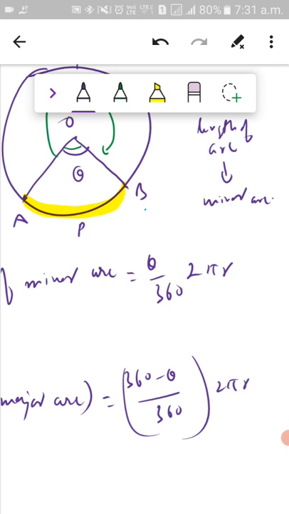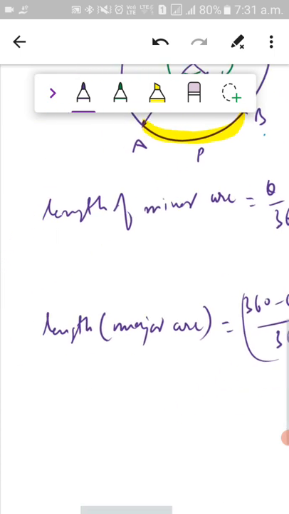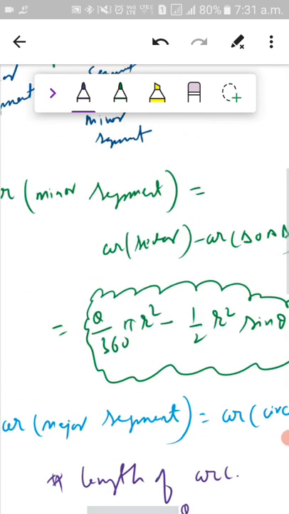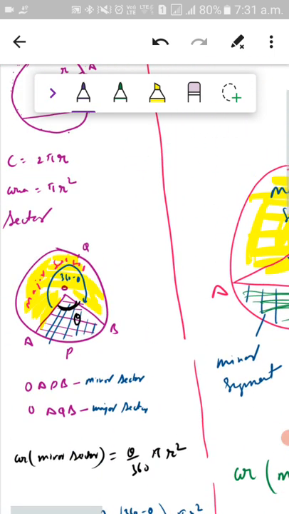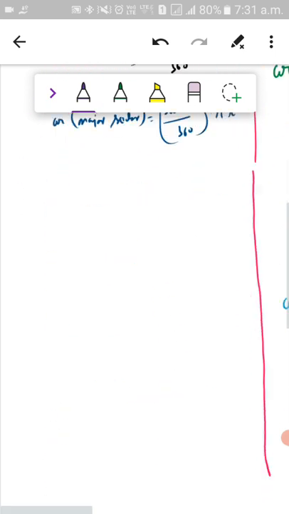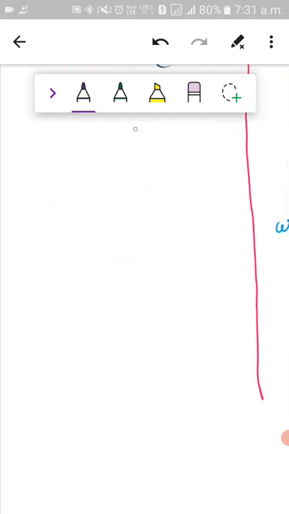Okay, right? So these formulas we have to remember, and we have to understand the concept also, how we are doing what. So let us start the exercise